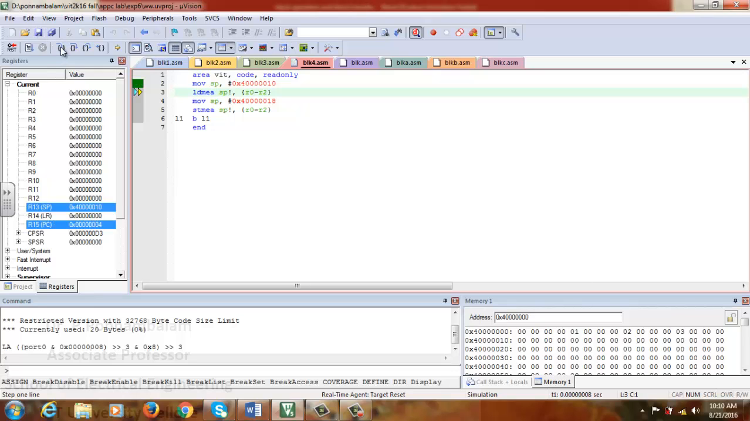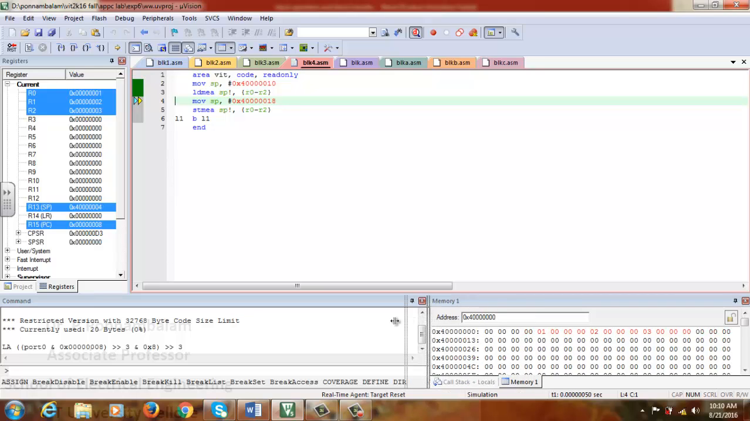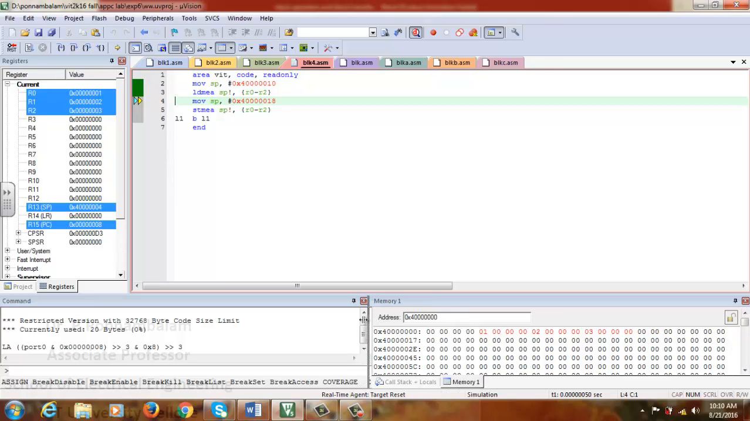So LDMEA. You can see 1, 2, 3 has been saved. One time it has been reduced, and this content goes to R2 register, this one goes to R1, and the number 1 goes to R0 register. Then after that, as I have done earlier, I am manipulating the stack pointer content. I am changing the value to 4000018. So let me adjust this again. Okay, now I'll run the